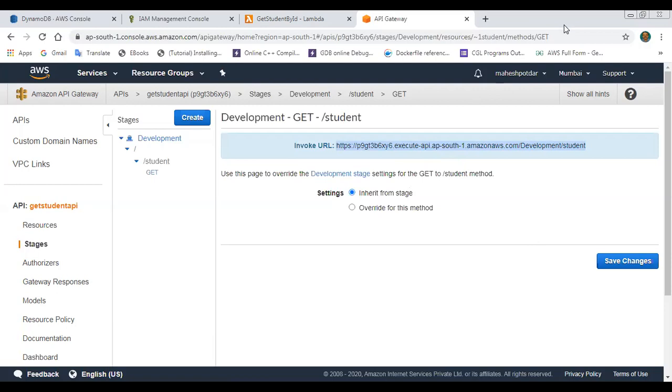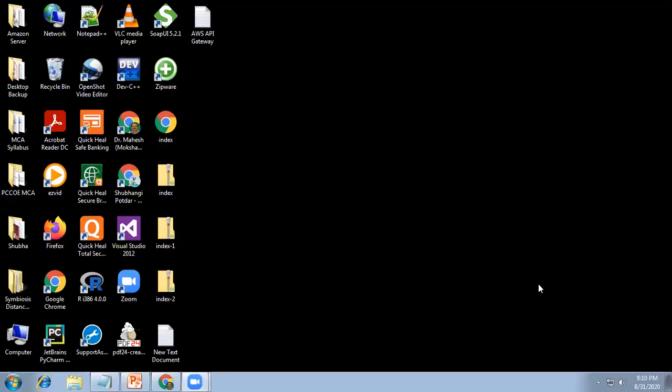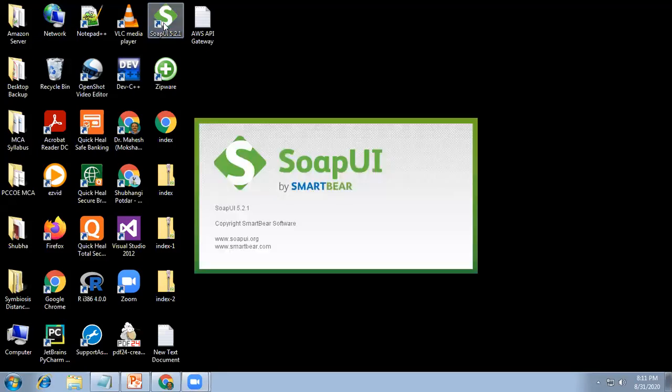So here I am opening the testing tool. For testing this particular application, I am using the SOAP UI tool. I am showing you how to test the URL. SOAP UI is a testing tool provided by SmartBear.